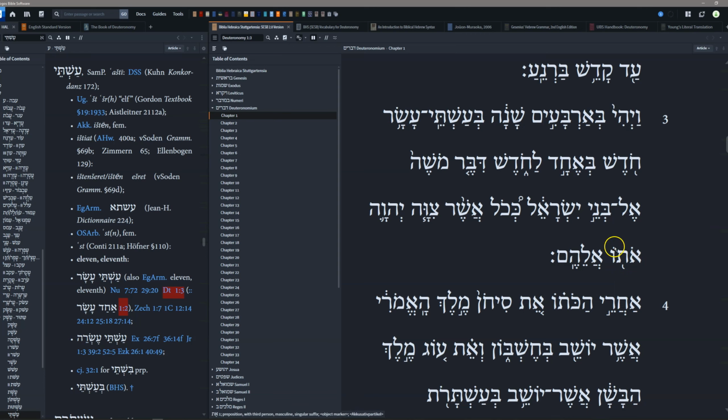This holam vav represents the third masculine singular pronoun, which as an object would be him. Might be it, but we're pretty sure we're referring back to who Yahweh commanded. Commanded him, Moses. So Moses spoke to the sons of Israel according to all that Yahweh commanded him